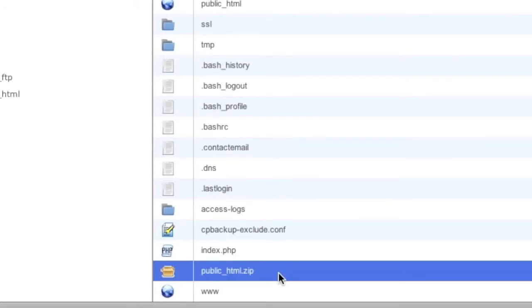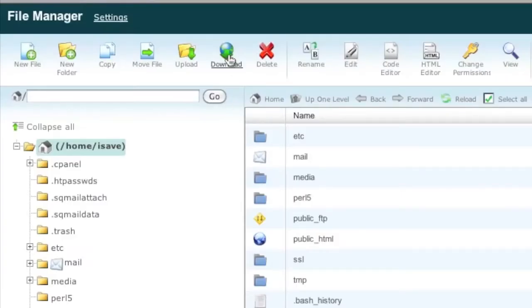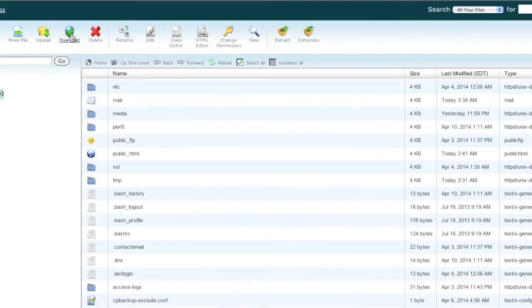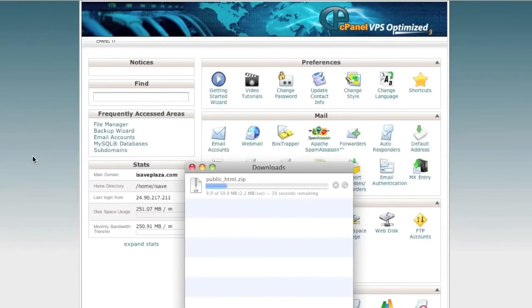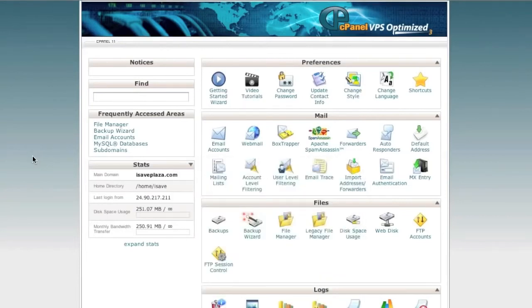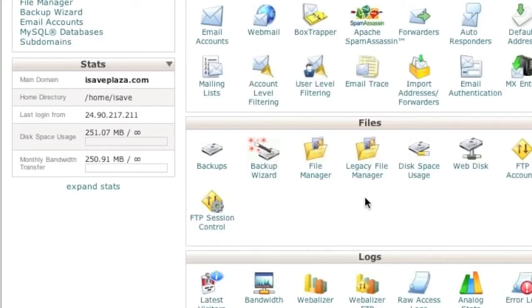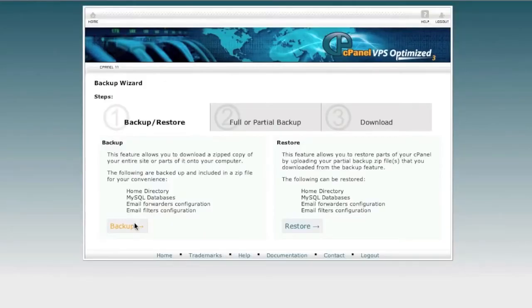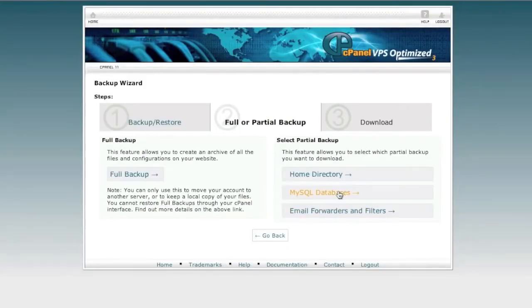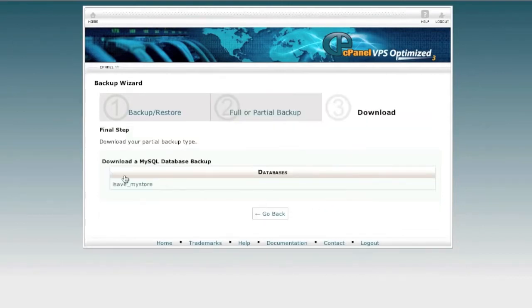So what I'm going to do is I'm going to download this file by highlighting it and then clicking on the download link. And now while that downloads, we can proceed to backing up our MySQL database. For the database, I will actually use the backup wizard. So simply go to the backup wizard, click on the backup link here, click on MySQL databases, and then just